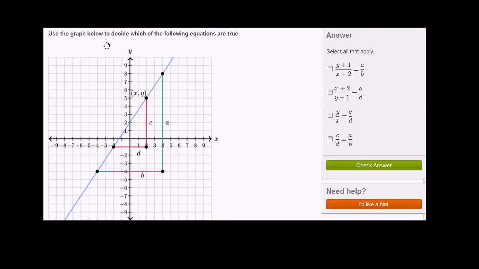Use the graph below to decide which of the following equations are true. So before I even look at these equations, let's think about what's going on here. So I have a line, and then we've defined all of these right triangles where the hypotenuse of the right